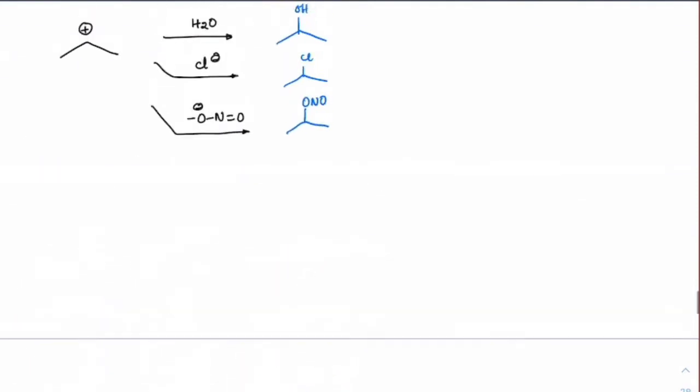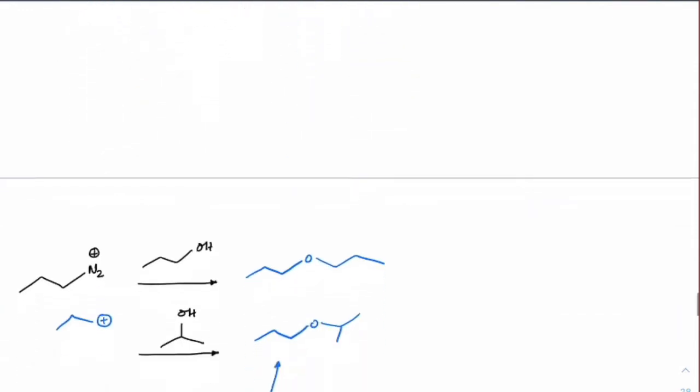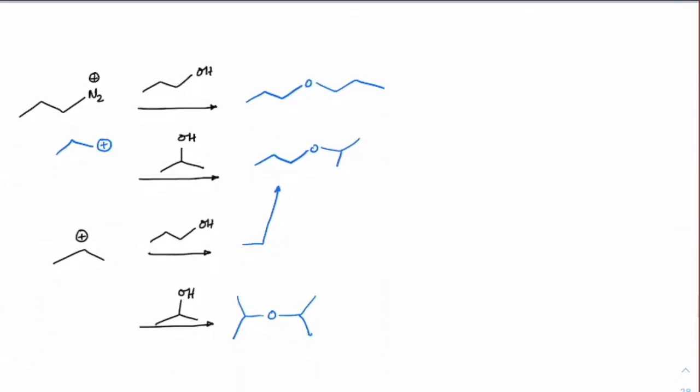Okay, so these are all the products we can have, and normally we'll see these chlorides and nitriles all convert into alcohols only, because solvent effect will be seen, which means solvolysis will be seen, and you will see mostly alcohol formation. That's why we say the major product is alcohols.